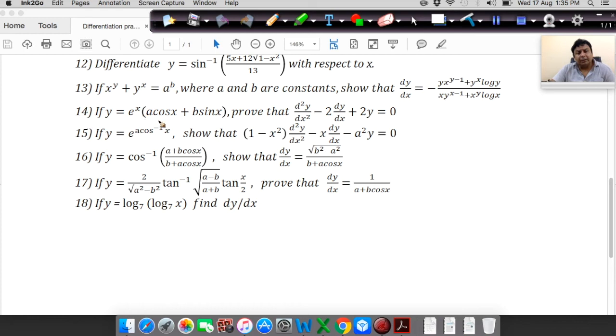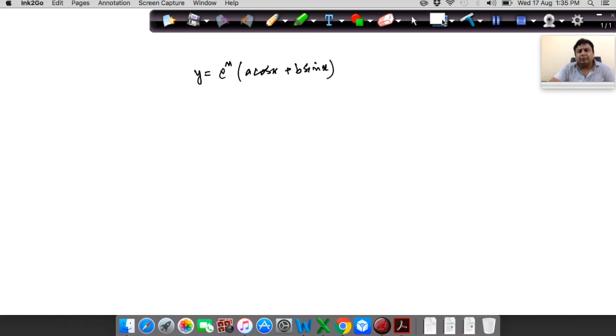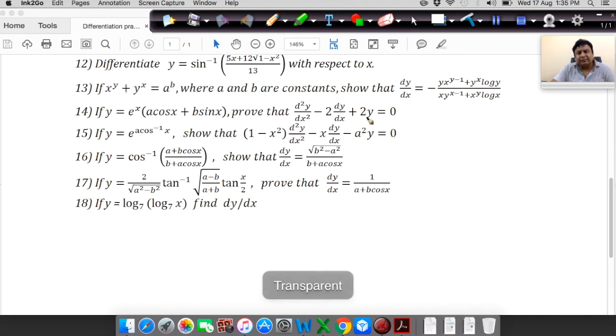y equals e to the power x, a cos x plus b sin x. Prove this. So what comes in your mind is that you differentiate this once, then twice, and put everything here to cancel out and get the result as 0. Not a good method, guys. A very, very long method. In fact, again the question is talking to you